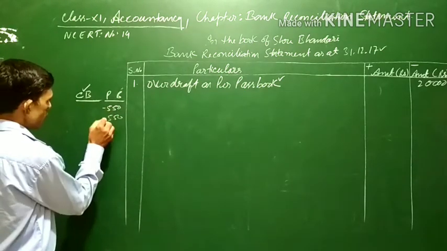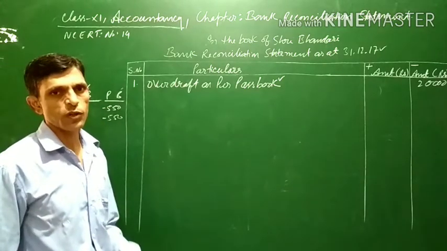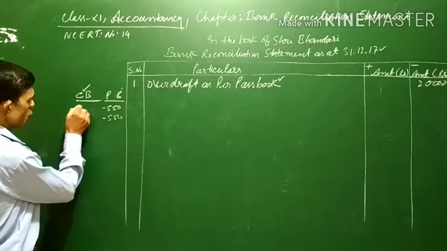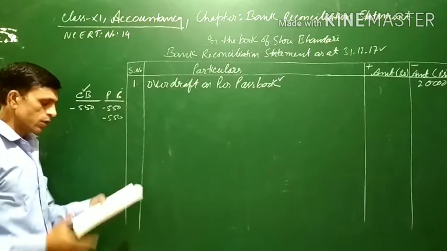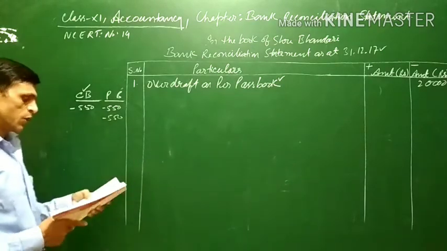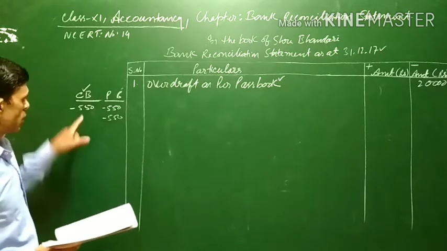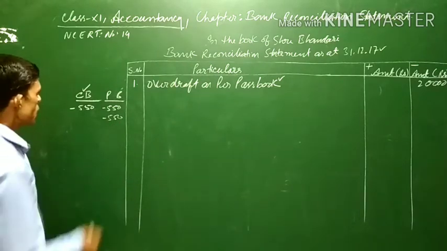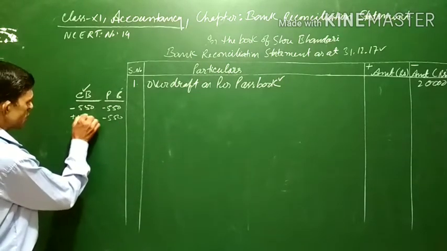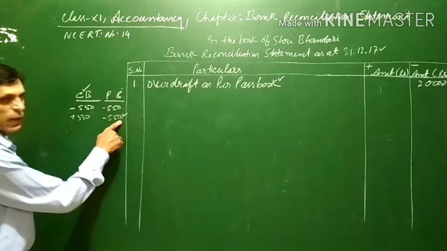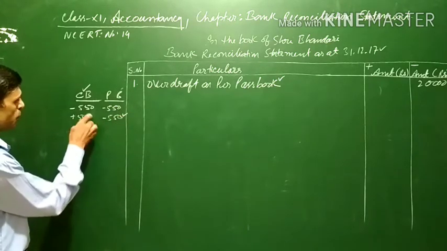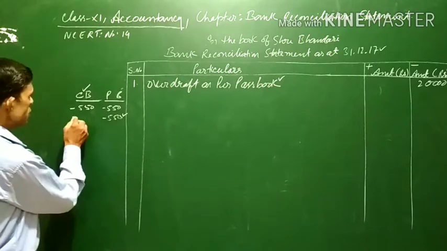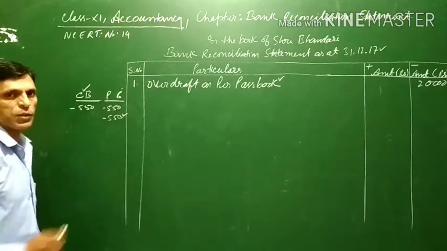If two payments are shown in the passbook, that means it will be shown as a deduction twice in the passbook. This is a mistake. But in the cash book, this will be shown only one time. Only once will the withdrawal, meaning the payment of rupees 550, be shown in the cash book. But in the passbook, by mistake, it has been recorded twice. What will happen then? The cash book will be showing 550 excess balance, because in the passbook there is a deduction twice, but in the cash book only one deduction is shown, and as a result 550 more balance will be reflecting in the cash book.